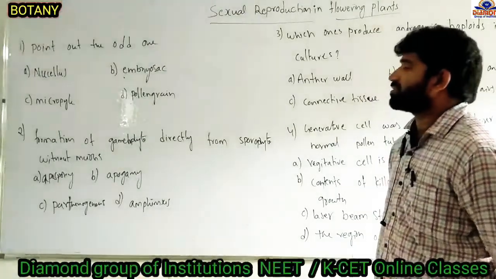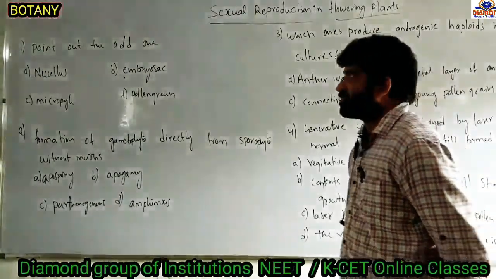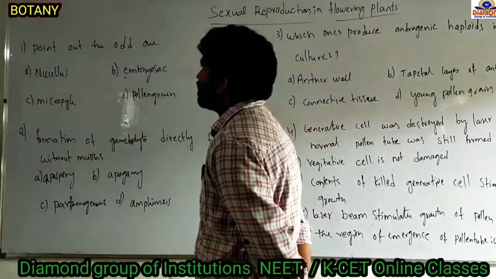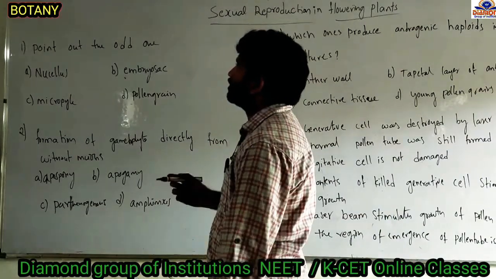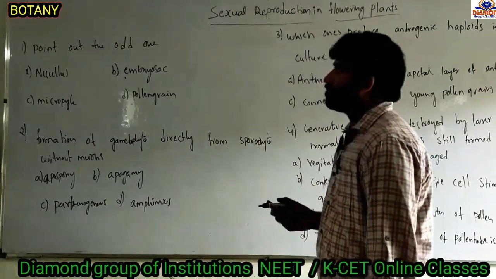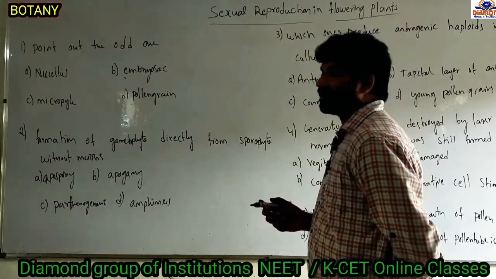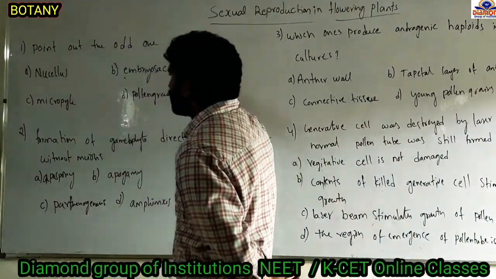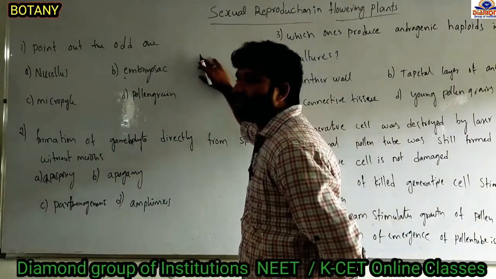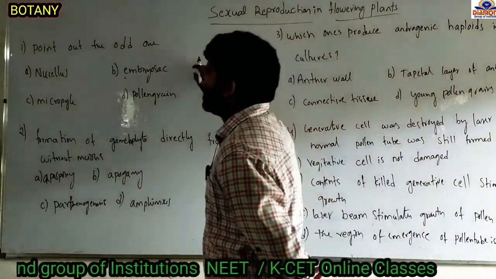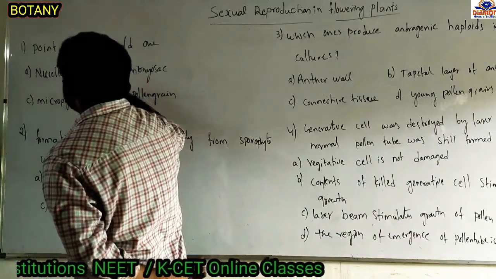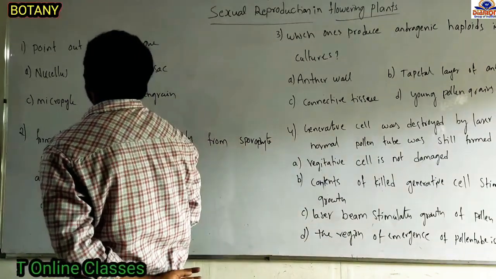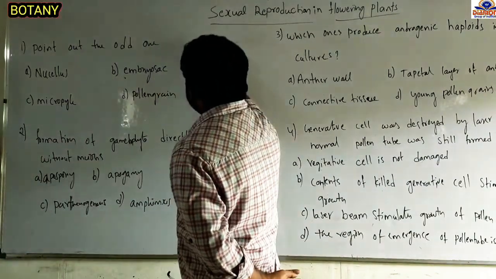So in the previous question, some important ones. First one: point out the odd one. Here they have given four options. Out of the four options, which one is the odd one? We have to identify. They have given nucellus, embryo sac, micropyle, and pollen grain. See, nucellus